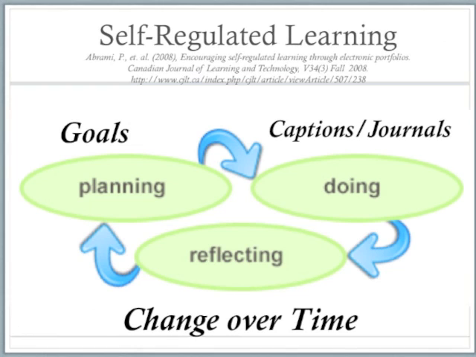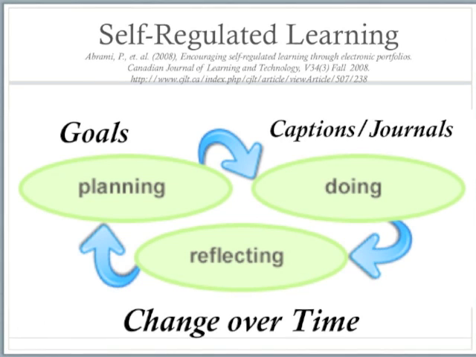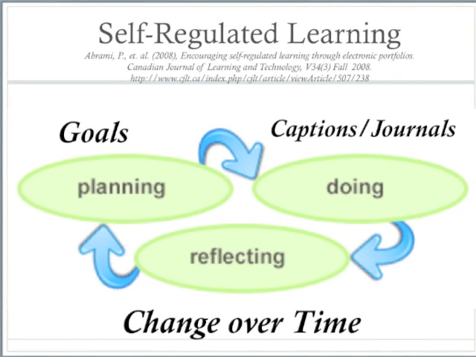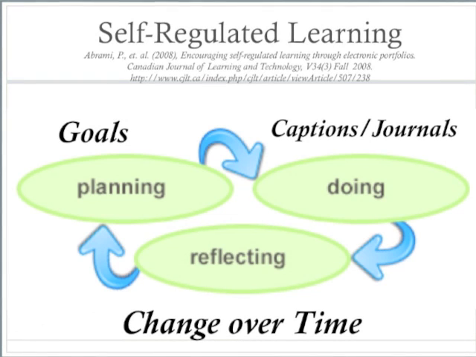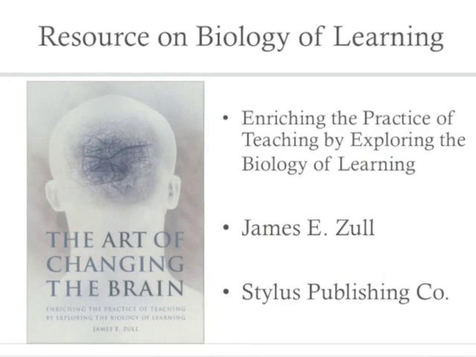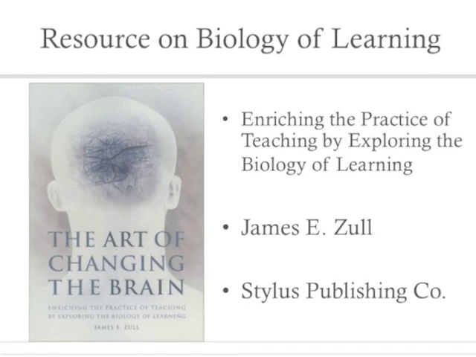You have the present tense, which is in the process of doing. The reflections are often in the form of captions or journals. And after the fact, there is that reflecting, looking back, looking at change over time. So we have those three different perspectives on a learning activity, and reflection can happen at all of those spaces and times. Now, one of my favorite books on learning is James Zull's book, The Art of Changing